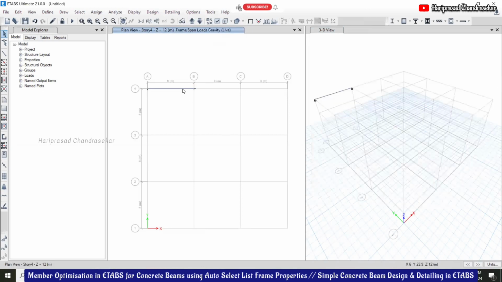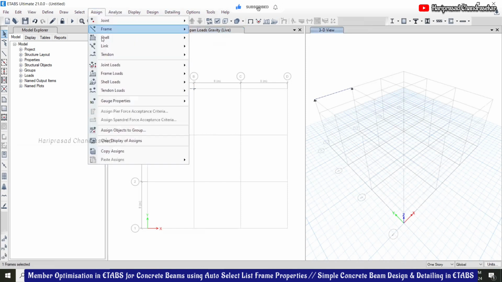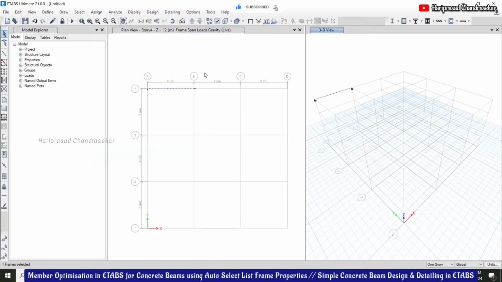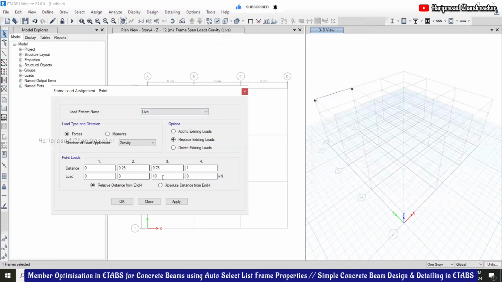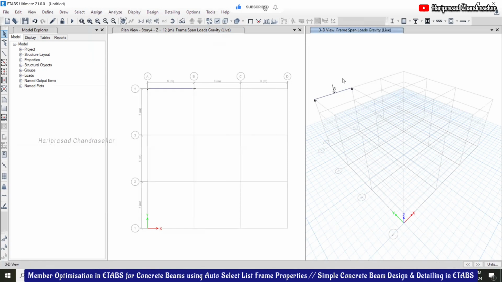Then click OK. Assign frame load, point load. 0.5 there. Okay, then click OK. Only with this we can analyze now.